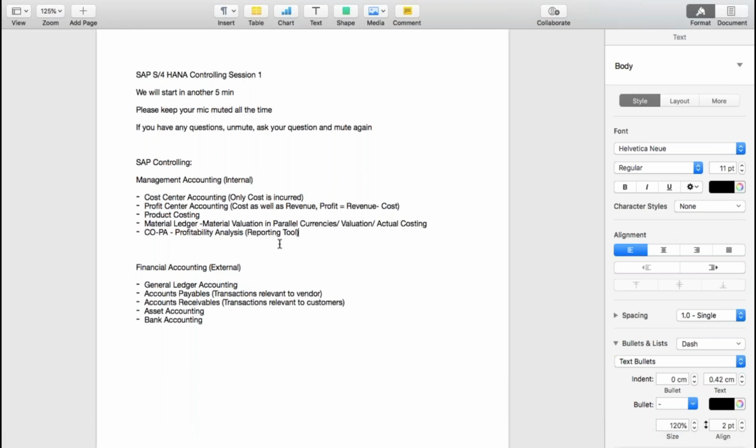Normally, if you are not using this profitability analysis tool, many companies create pivots in Excel. If you know what a pivot in Excel is, Excel is just a Microsoft tool. In that Excel, if you have all the data, whatever sales you have done, if you have all the lines, then you can simply create a pivot and say, I want to see summation results based on these particular columns.